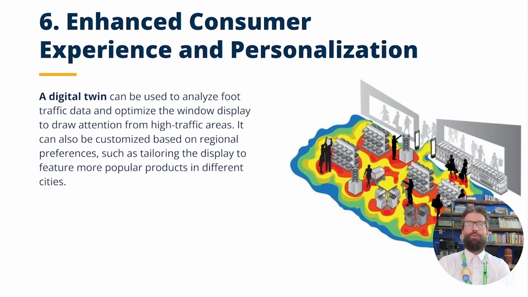What more? Well, we can enhance the customer experience and personalization. These are some bigger topics that you'll hear about over years to come, and this is sort of the trending ideas that people are talking about and discussing. What you can do, of course, with a digital twin is you can create an overlay. If you've got any cameras or sensors inside the store, you can do, let's say, heat mapping of high traffic zones in your store. So you can consider the whole store design,